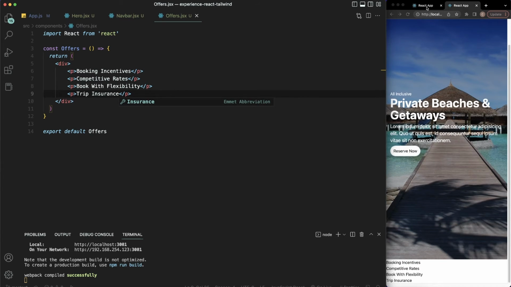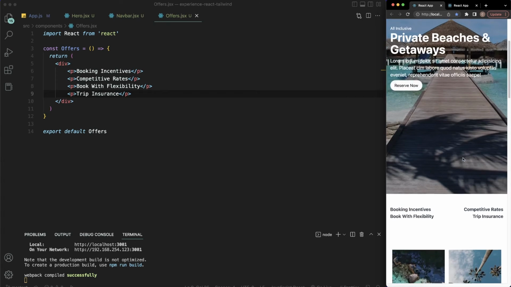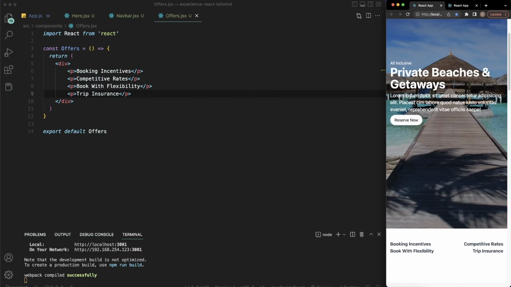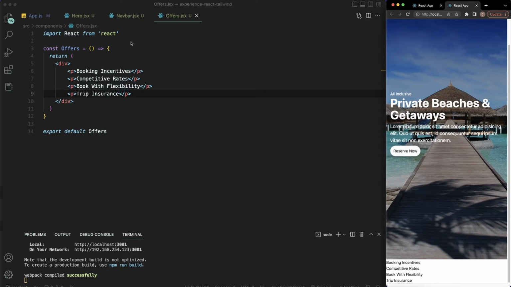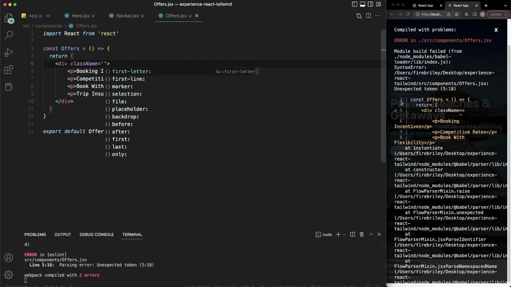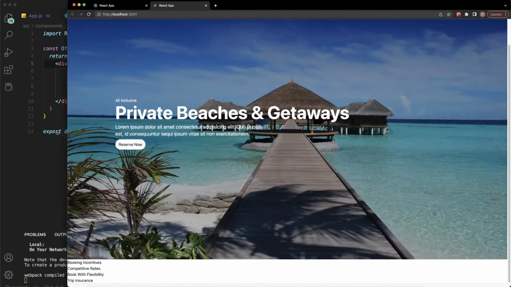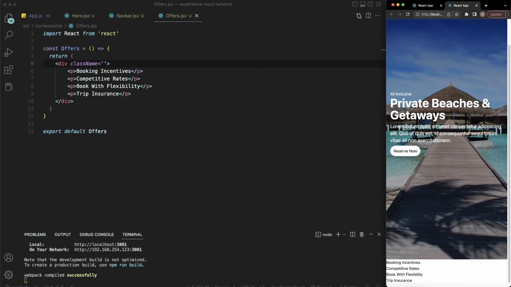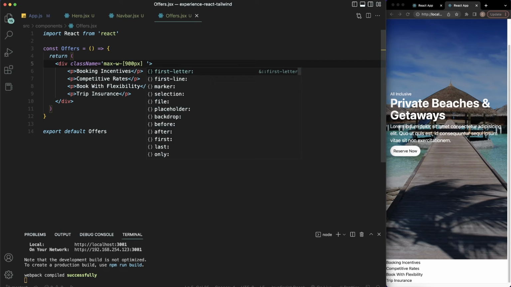So let's go ahead and style this. It's going to be really, really simple. We just want to have that bold. It's going to be displayed as flex as well. I'm going to say class name, and we're going to give this a container, because right now it should be kind of off the screen. So let's say max width of, again, we're going to use our brackets here, so our custom values. I'm going to say 900 pixels, margin auto, and we'll say